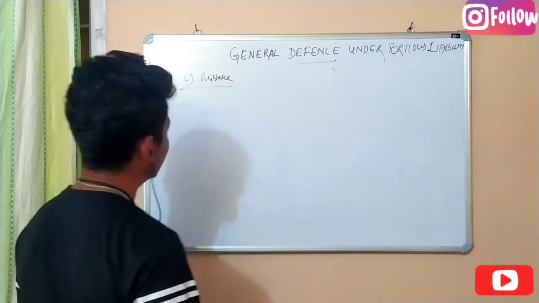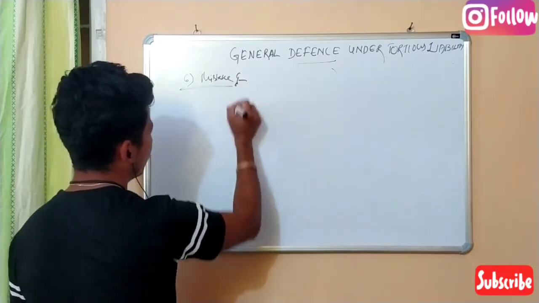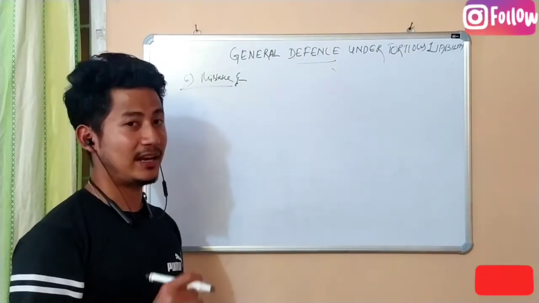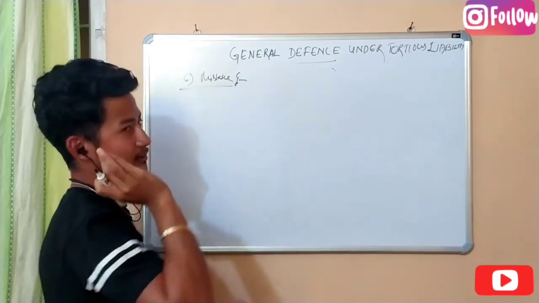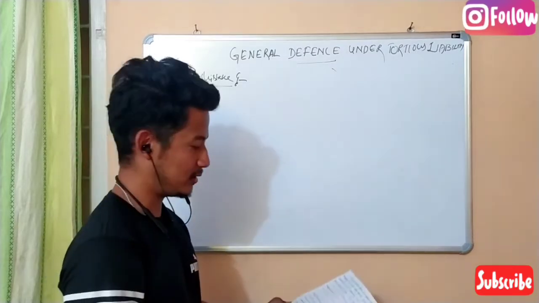So number 6 is mistake. Okay. So what mistake is? Generally, mistake of law or mistake of fact is no defense in tortious liability. I really don't know why it is inside the general defenses, but there is this condition in the book that I have read, that is,